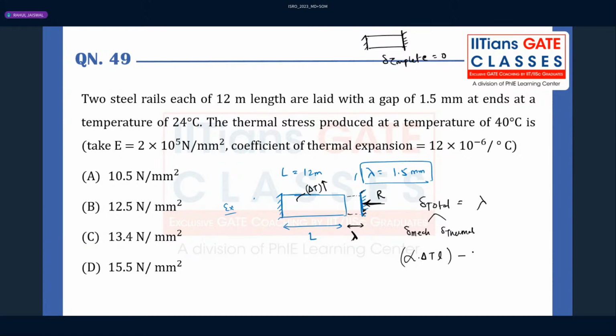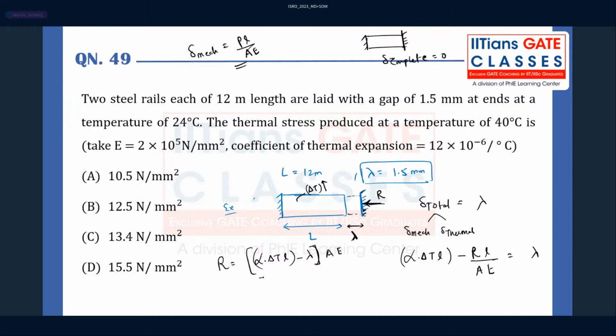Then the mechanical deformation is due to the reaction force offered by that support, RL divided by A, because you know that mechanical deformation is PL divided by AE, right? Here the load is R, and that is equal to lambda. So if you calculate the R value, what you get is alpha into delta T into L minus lambda, whole bracket,